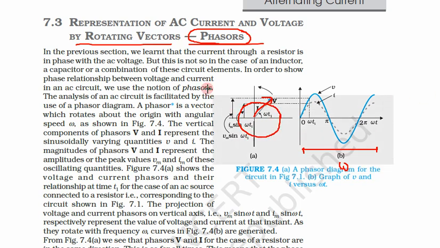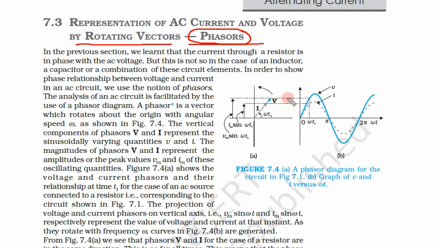Now let us see how this works. Suppose this vector is initially here. If we put a line here, we get 0 value. If this vector comes here, at that time we get this value. Further, if it gets here, what value do we get? And when this goes to maximum, we get this maximum value. In this way, rotation of this vector is generating this wave. Again, when this goes to this side, the magnitude comes down. So as this vector rotates, it generates a sine wave kind of structure. See it once more.